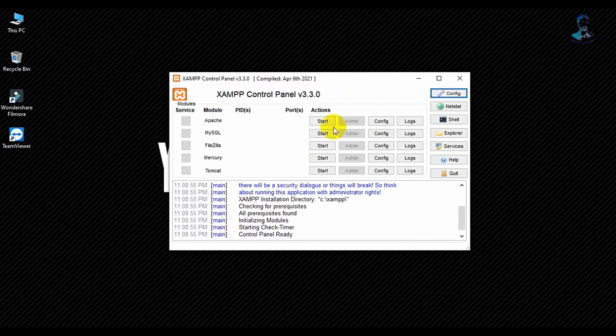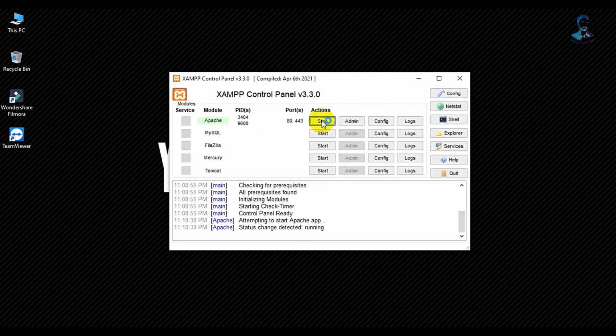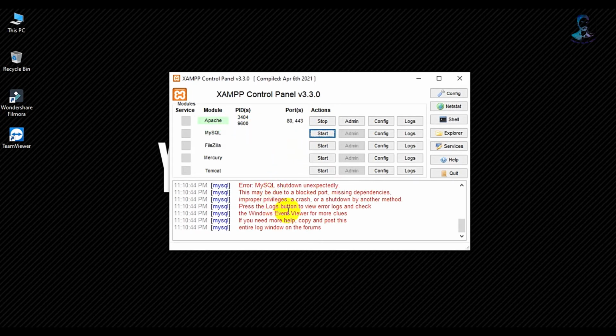Then click on the start button and start the Apache. Then click on the new MySQL and start it. Then we can see that the MySQL can't start. That is the problem. To solve this problem, please left click on the logs button